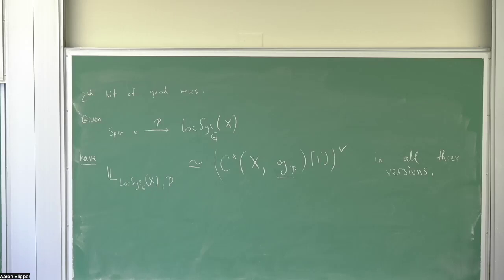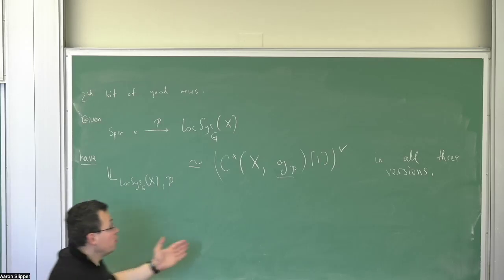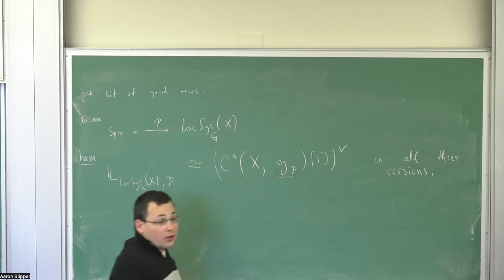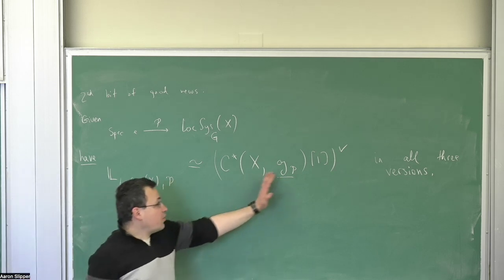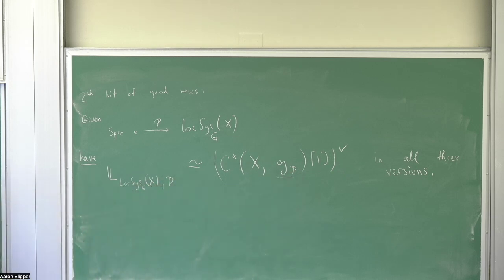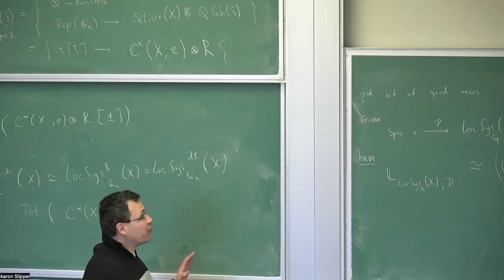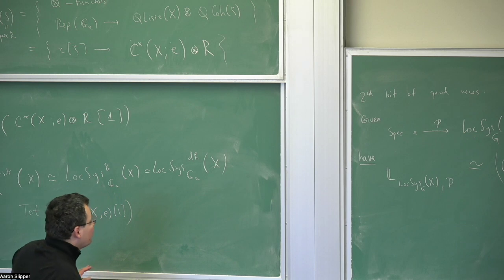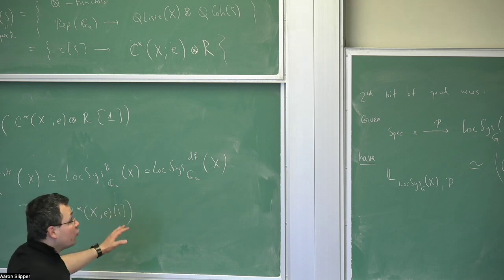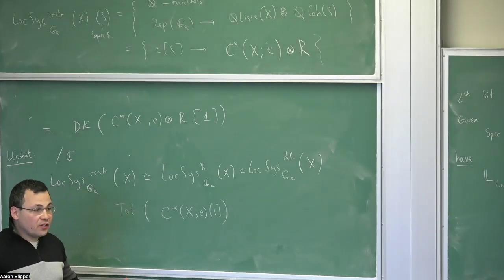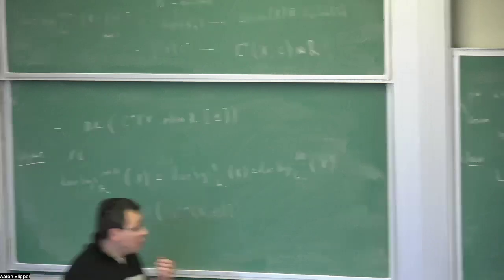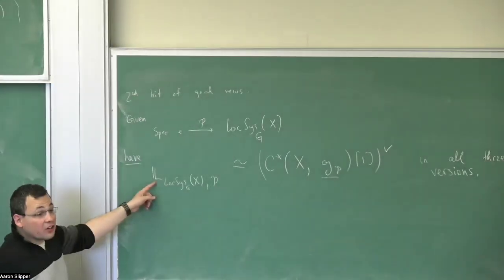Those are all the same. That's hom from the unit, which lies in all of them, to this one shifted by one, and take the dual. This is the, no, not the Lie algebra, just homology of this local system. So it will be the same in all three versions. I guess maybe it's easiest to compute in either the de Rham or Betti. So the reason it's the same, let me try to wave my hand about why it's the same in all three versions. Yeah. What is that symbol? Boldface L? Oh, this is the cotangent complex.